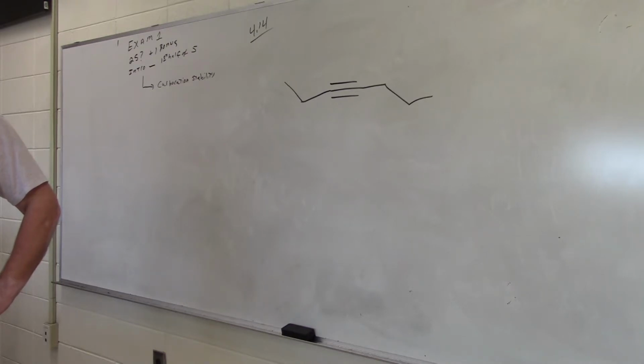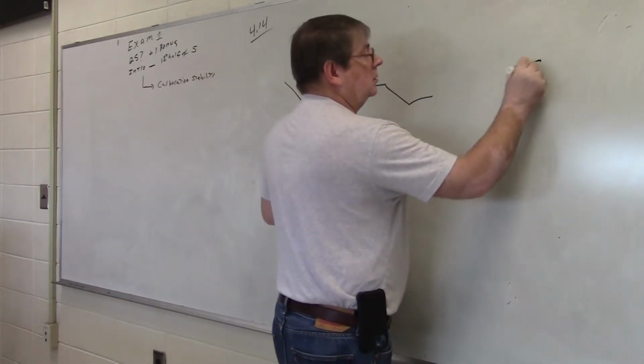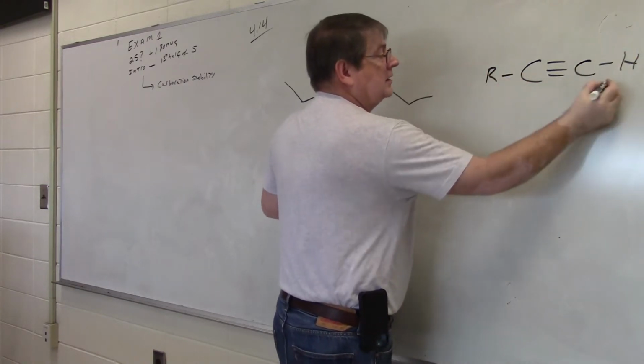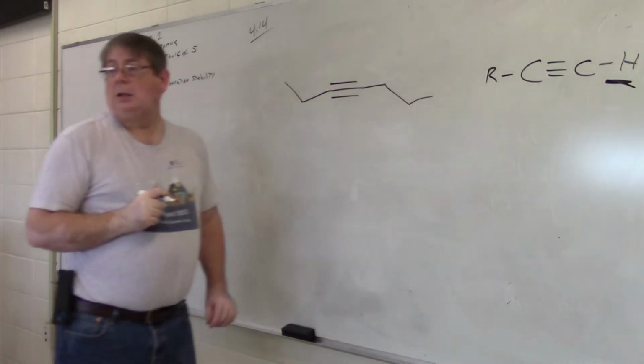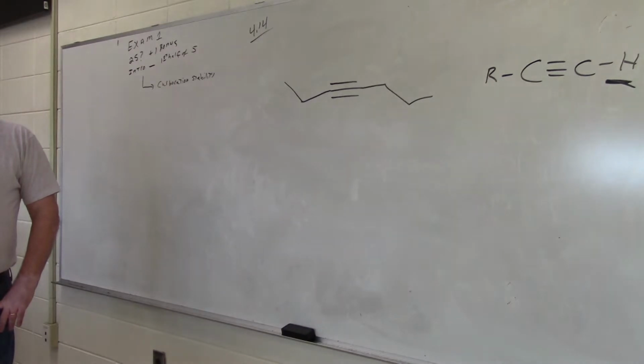the sp one, because it has 50% s character. Am I making sense? I might be saying that wrong. I think you're maybe getting at determining the acidity of this hydrogen. It is acidic in a terminal alkyne, and it's more acidic than an alkene's hydrogens, which are a lot more acidic than those of an alkane,